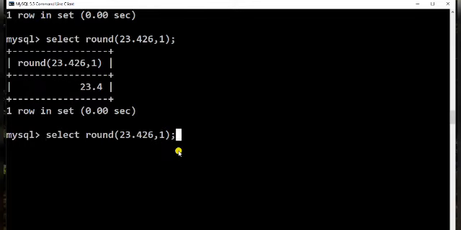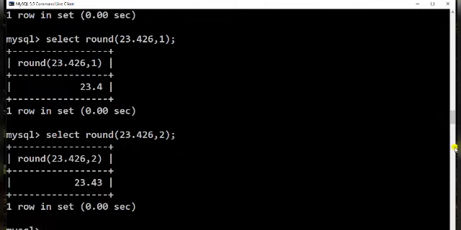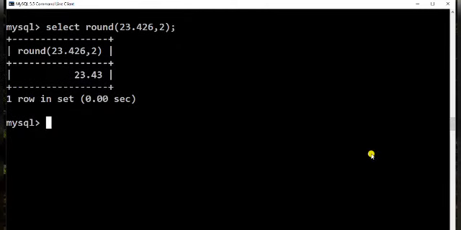Now let us see if we round it off to 2 decimal places. That means we need 2 numbers after the decimal. This digit is 6, greater than 5, so 23.46 should be the output. Yes, it is giving you 23.46. I hope the rule of rounding off is clear to you.